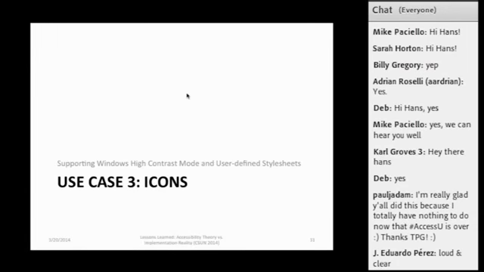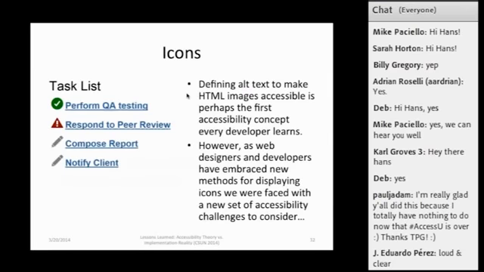So when you talk about icons, there are certain requirements that you need to meet. Obviously, blind and visually impaired users need to have some kind of equivalent text for the image to convey the purpose of that image, status or meaning. And basically, that alternative text needs to be conveyed and exposed to assistive technology.